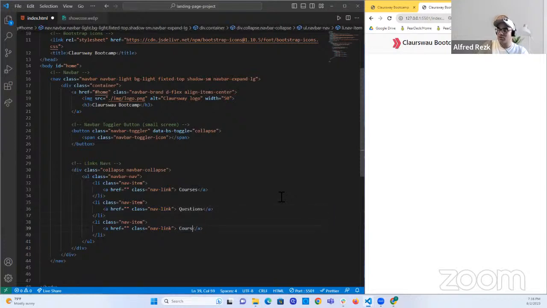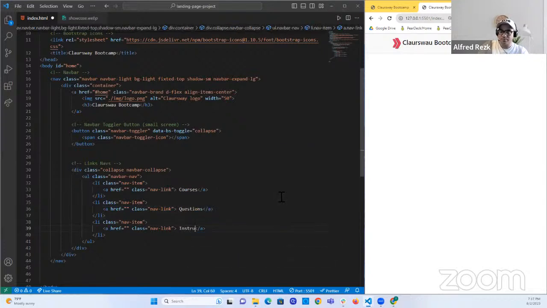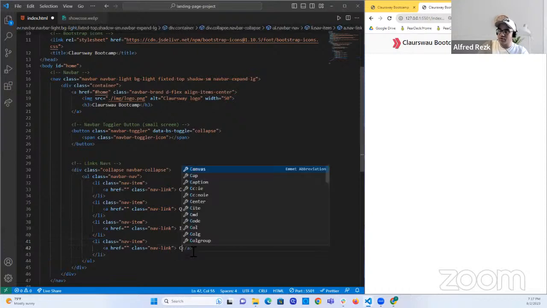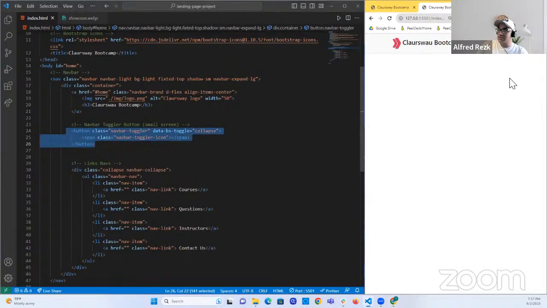Then I have the instructors section. And the final section that I have in this navigation is going to be the contact us. If I save that, this button is still not working because now we have to connect this